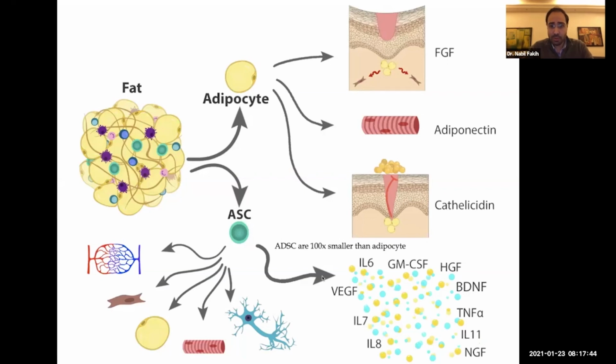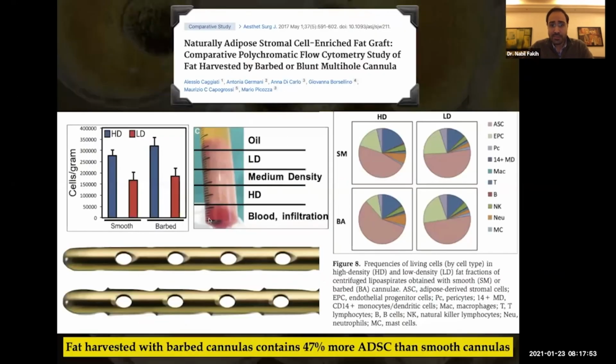And these are normally the ones that stimulate all these factors that can really give improvement in an area. Also, it's very important to see, and this was published by these guys in 2017, that in fat harvesting we have high density zones and low density zones. Normally, fat harvested with barbed cannulas contains more adipocyte cells, inside these parts of the fat.